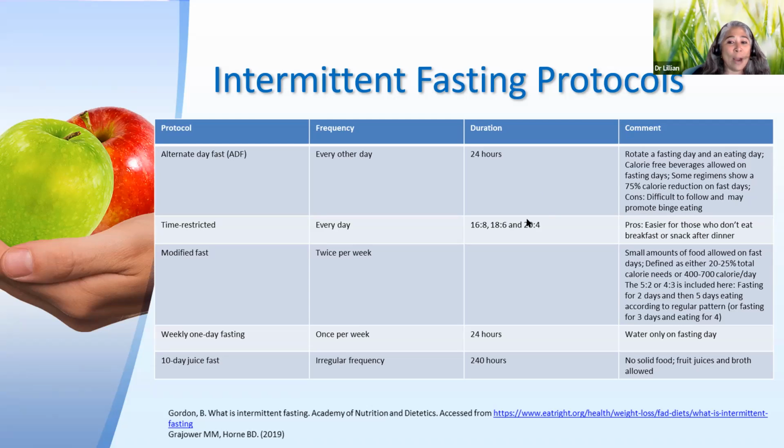It's only 4 hours. So this is extremely, extremely strict. This is not something that I would recommend for most of my clients and patients. I really would look at the 16-8. And the other reason why I like this kind of plan too is because I really think we snack too